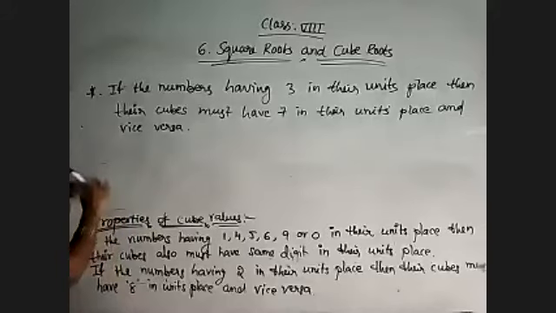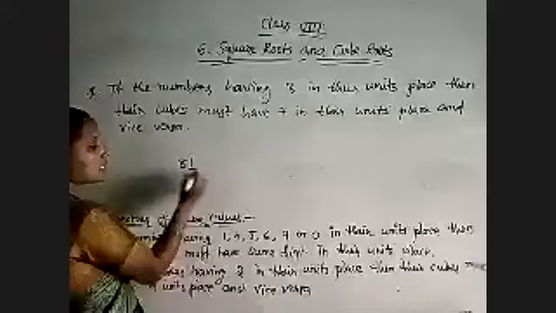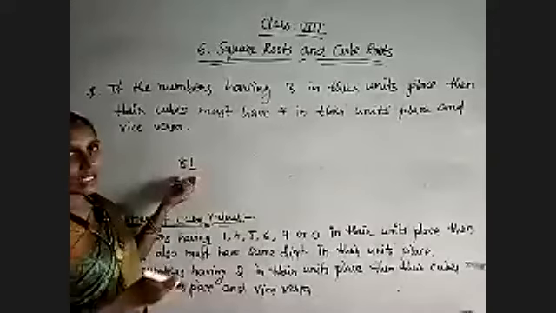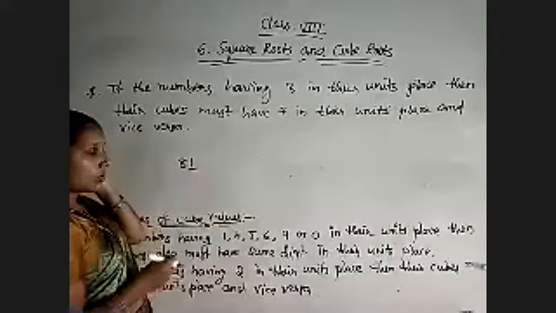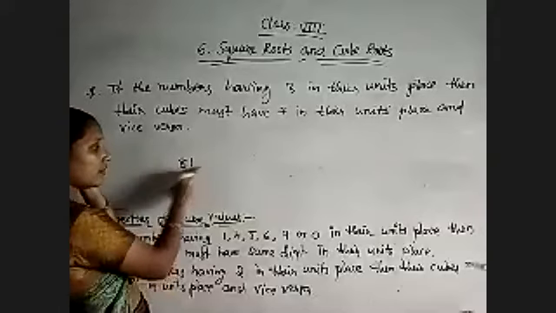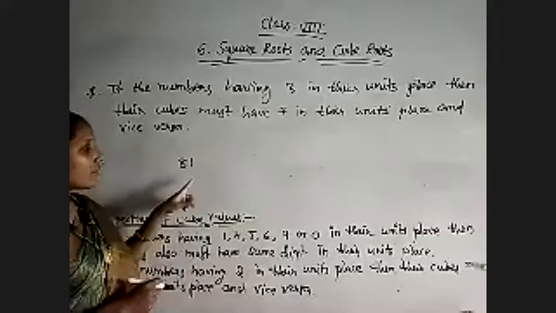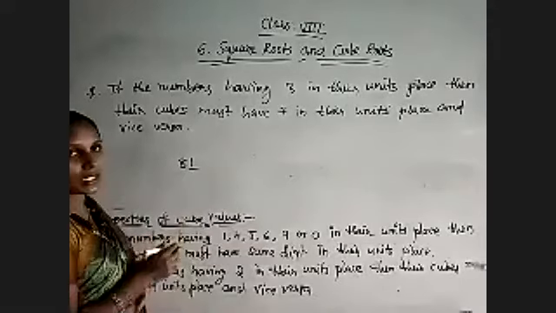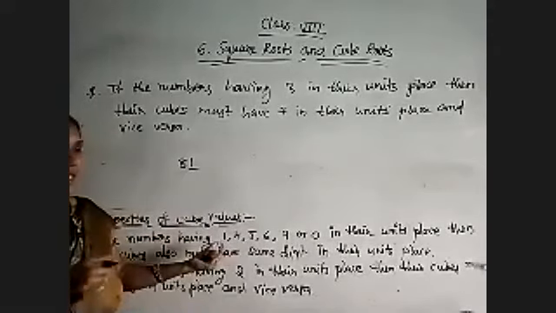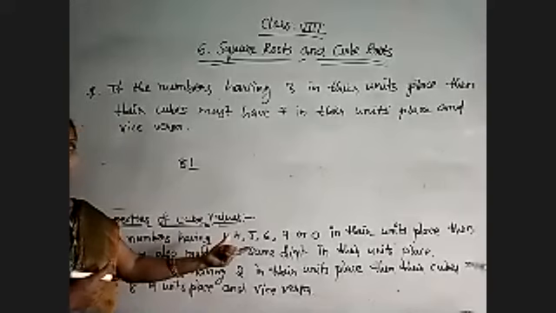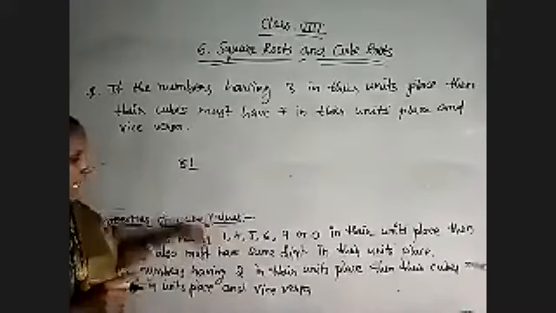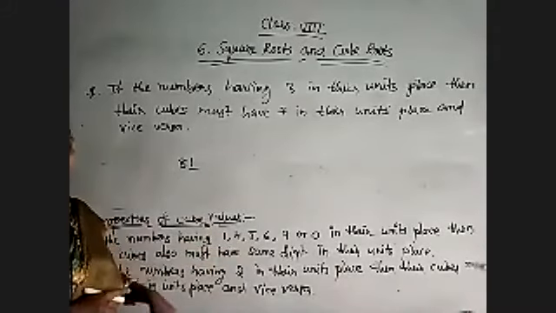And next, so these are the cube values. The numbers having 1 in their unit place, they are having 1 only in their cube values, as told to you. But just observe, 81 we can't write as a perfect cube, even though it is having 1 in its unit place. Means the numbers which are ending with 1, 4, 5, 6, 9 and 0 may not be perfect cubes. But the cube values which are perfect cubes must have these digits only. Okay.